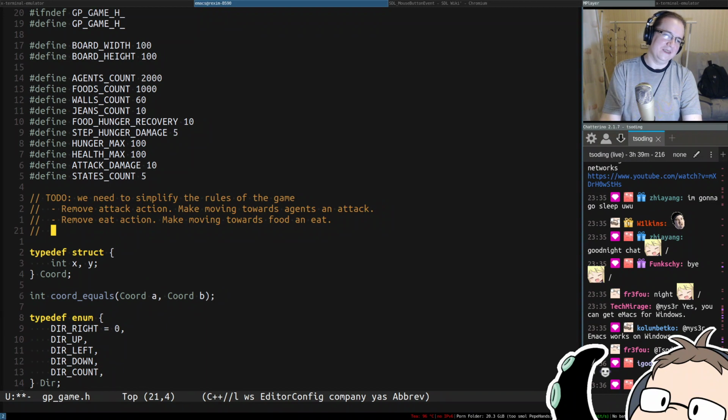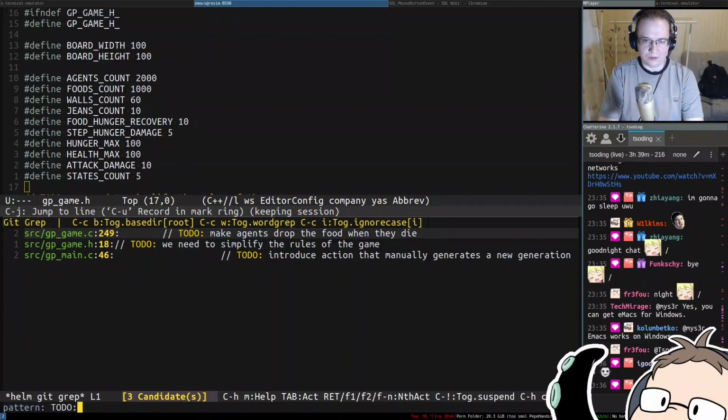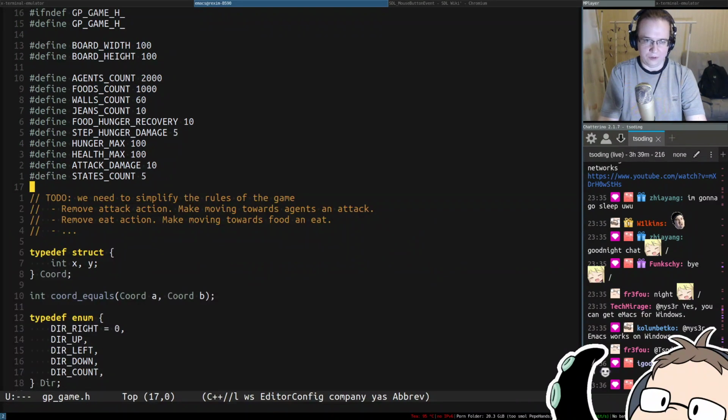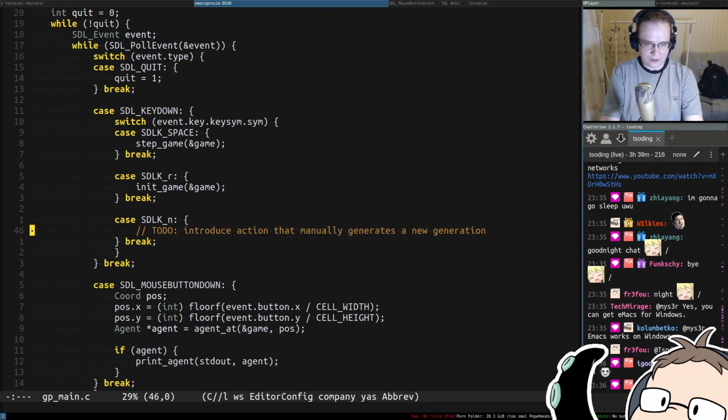Right, and so on. So we need to simplify the rules so it's easier for the agents to adapt to this kind of situation, right? Do we have any other to-dos here? Make agents drop food when they die. Yeah, we need to simplify the rules, introduce action, and manually generate a new generation. There we go. So essentially the idea of this thing,